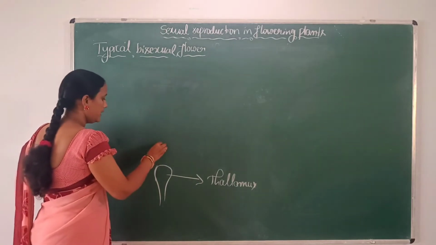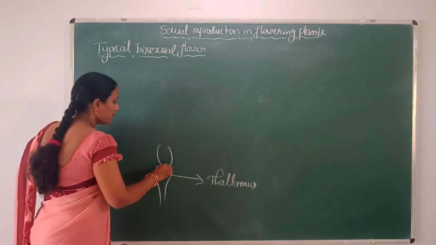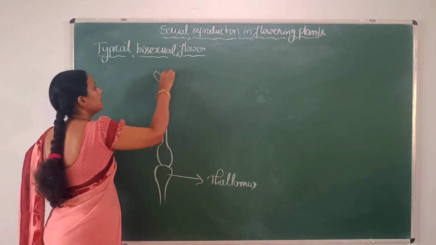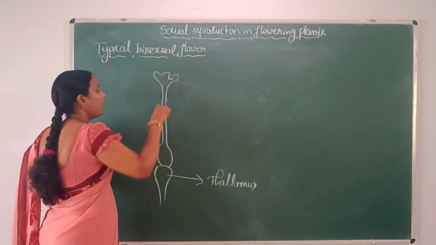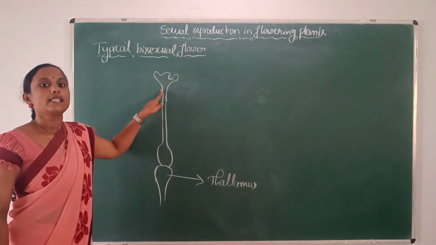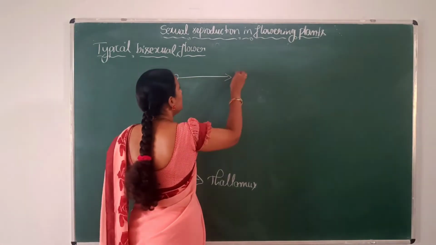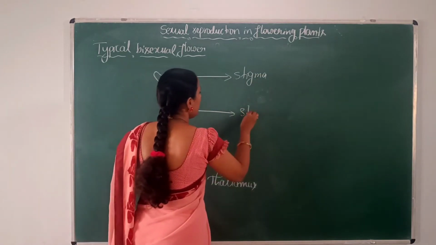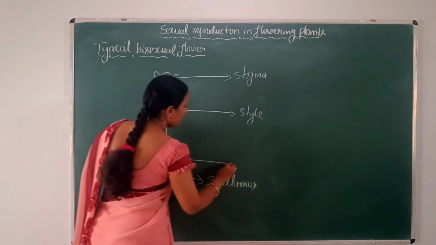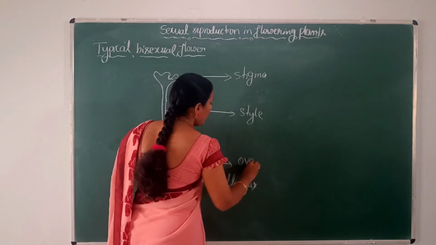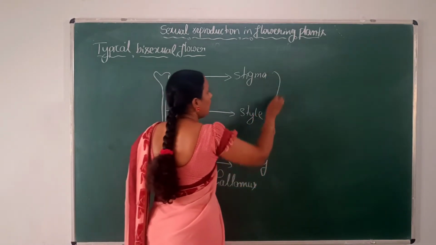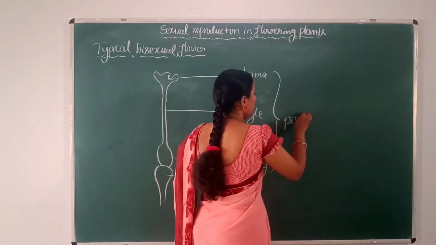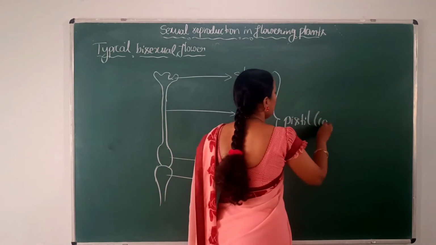On the thalamus, there is the ovary, an extended style, and it is terminated in a receptor part for pollen grain called stigma. So this is stigma, this is style, and the basal part is the ovary. And all these 3 together are called a pistil or carpel,